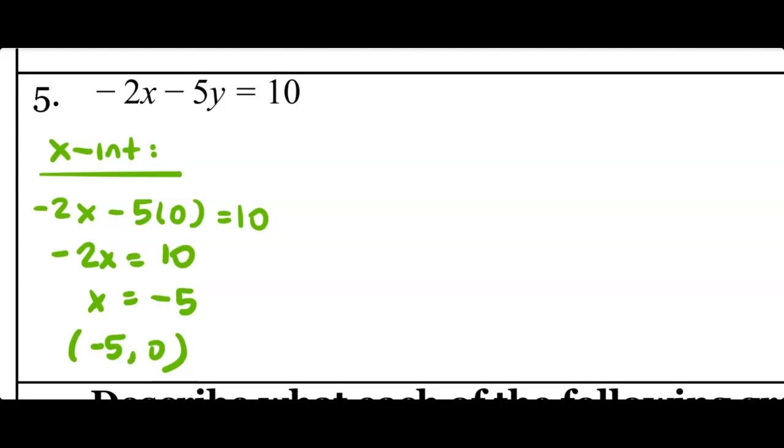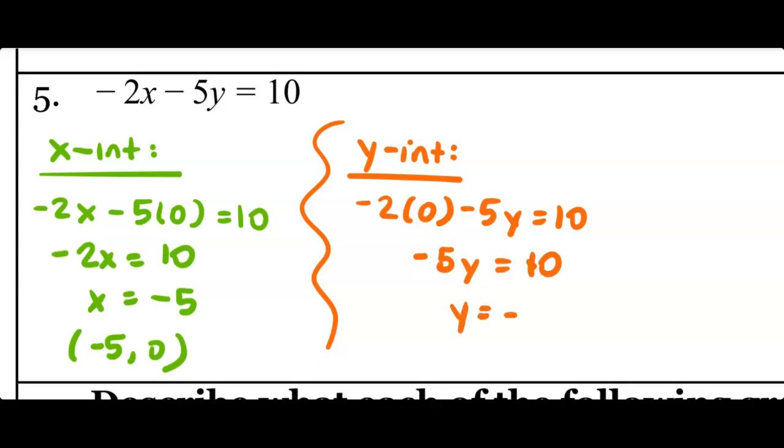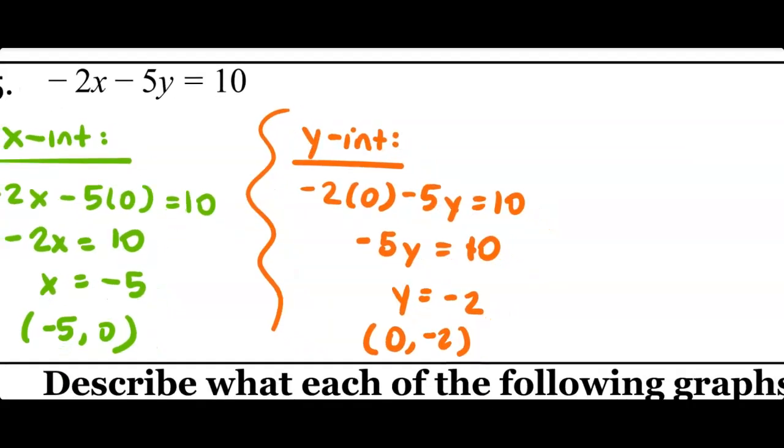To find our y-intercept, we're going to plug in 0 for x and solve for y. So negative 2 times 0 minus 5y equals 10, which leaves us with negative 5y equals 10. Dividing by negative 5 gets us that y is equal to negative 2, and that's at the point (0, -2). So to graph it,